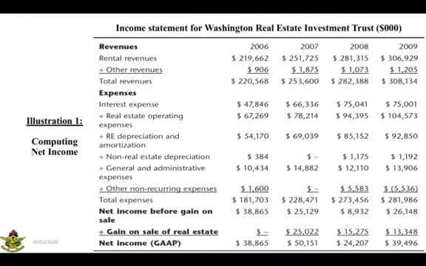The income statement shows that property rental income totaled $306.929 million in 2009. Revenue earned from other sources was $1.205 million,